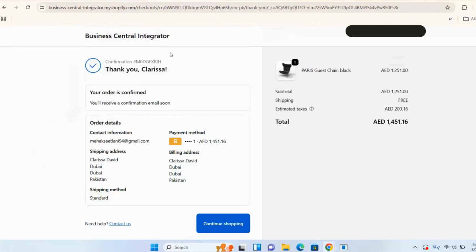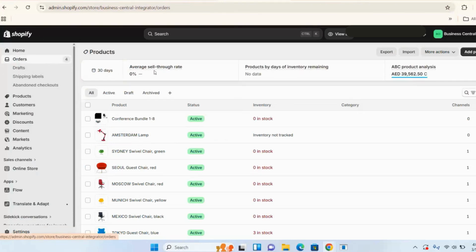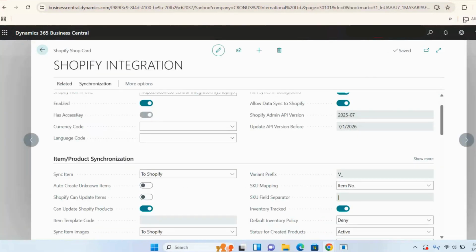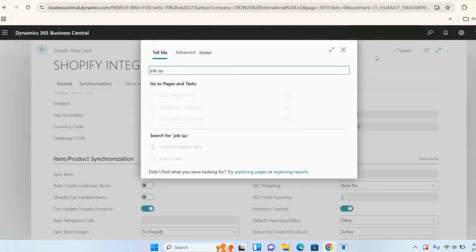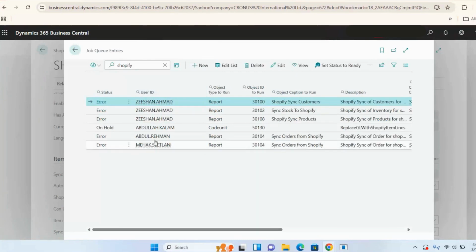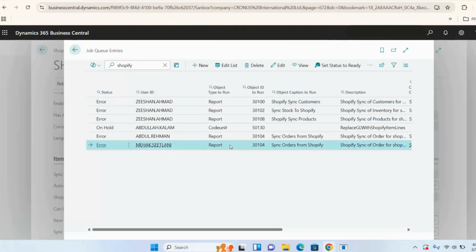Okay, once the order has been placed, you can track that order back in Shopify as well: how many orders you have, and what the status of the order is. And then, of course, we have in Business Central a job queue for these Shopify orders, which is by the report ID of 30104. Okay, now I'm just going to run this,